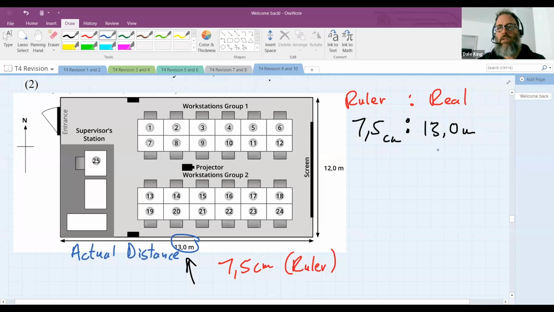All right. So that's why they said use the real one on the plan, which is 13 meters. The question didn't say measure with a ruler, but they expect you to know that scale has two parts, a real part on the right hand side and a ruler measurement on the left. So you will have to measure that length there with your ruler to get the second part of this ratio. And once you have these two numbers, it's very, very easy to do. All right. And they also said they want the